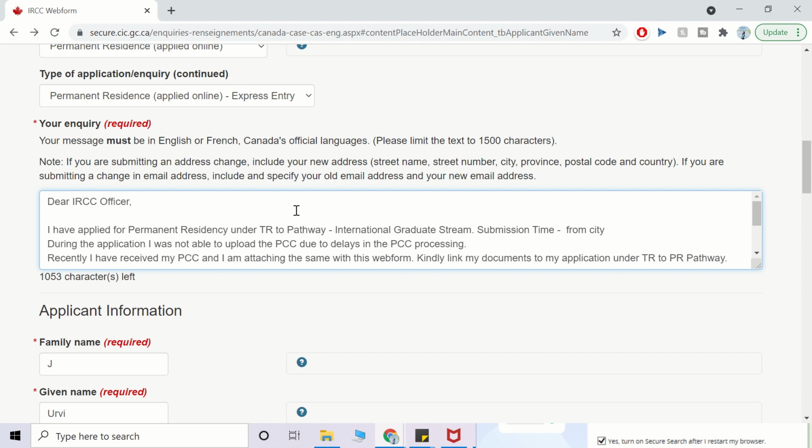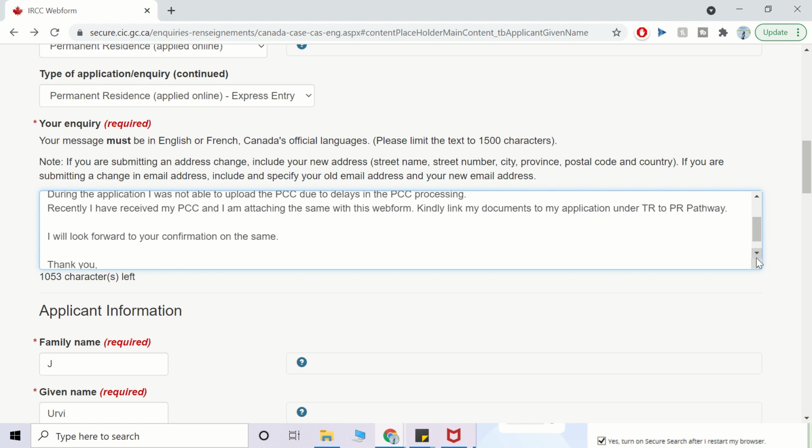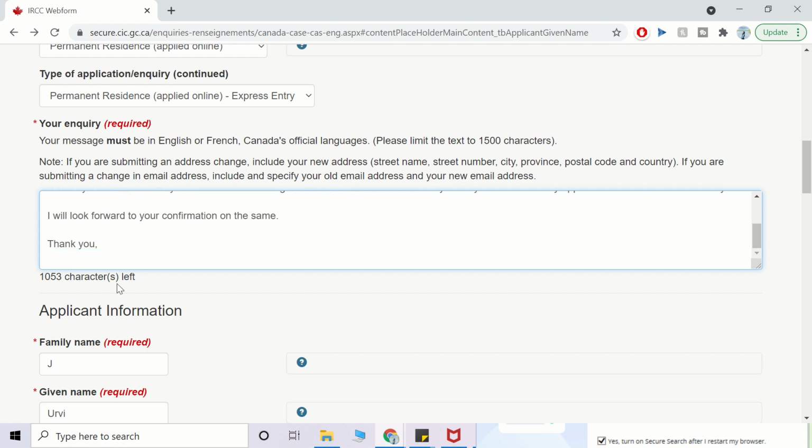And then recently I have received my police clearance and I'm attaching the same. So kindly link my documents which I'm attaching with this web form to my application under the Tier to PR pathway, right? So that's the messaging I'm giving them. And then lastly, I will look forward to your confirmation on the same. Thank you so much. Right, so that's the message.